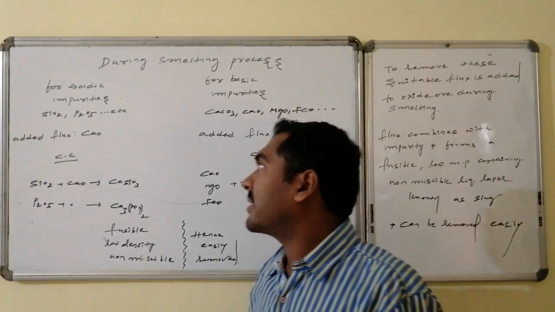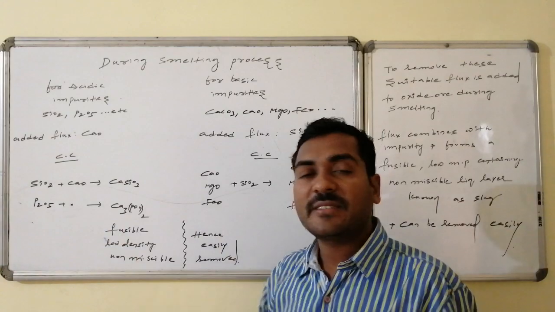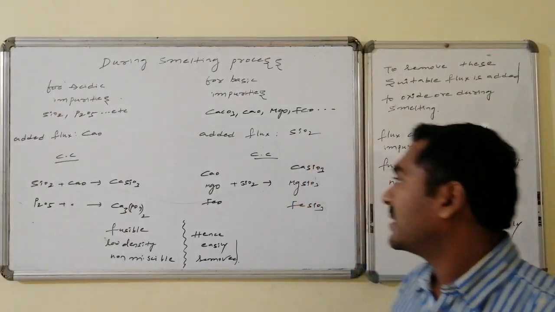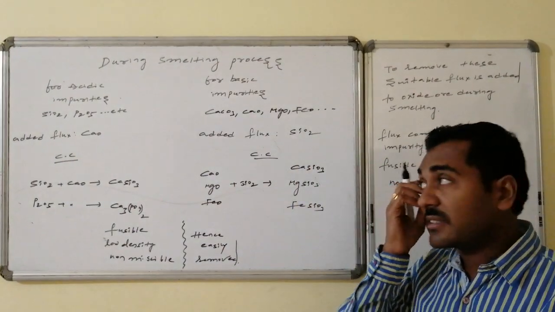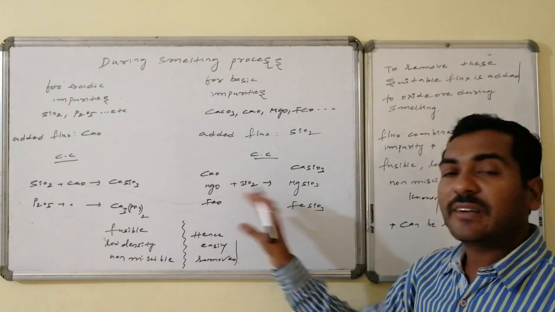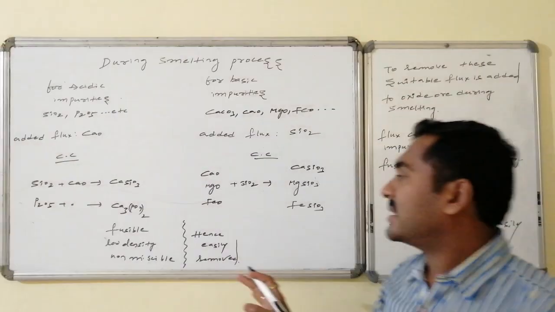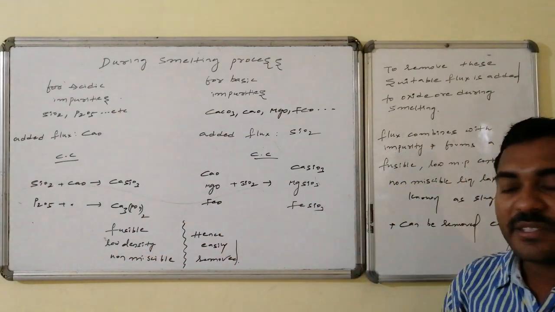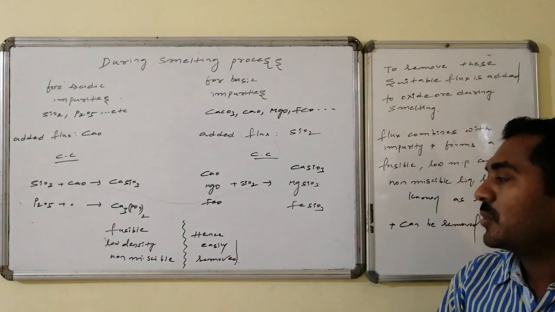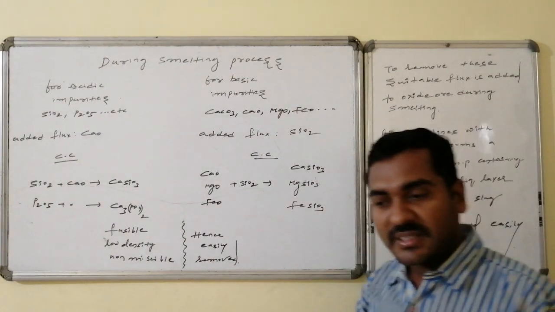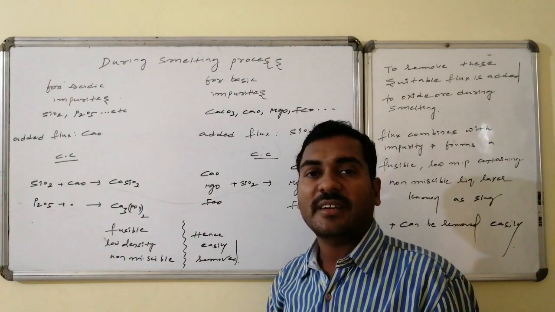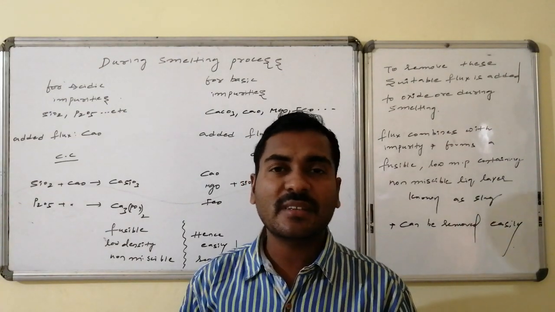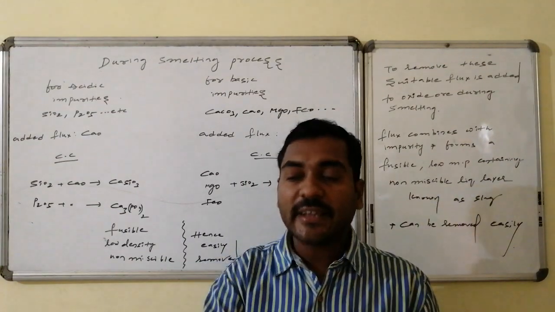Silicon dioxide impurity on reaction with calcium oxide forms calcium silicate, and phosphorus pentoxide forms calcium phosphate. Similarly, on reaction with the corresponding flux, calcium silicate, magnesium silicate, and ferrous silicate are formed. This is known as slag, and the slag is fusible, of low density, and non-miscible, hence present at the surface of the metal in the fused state, because this is conducted at lower temperature, and it can be removed easily.